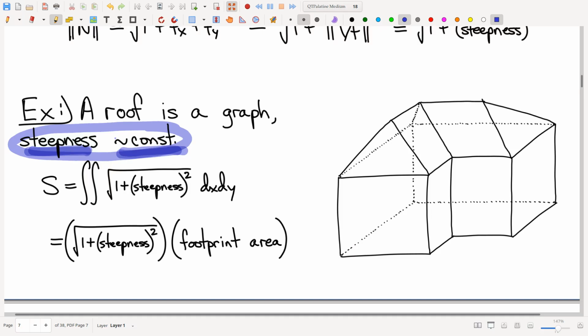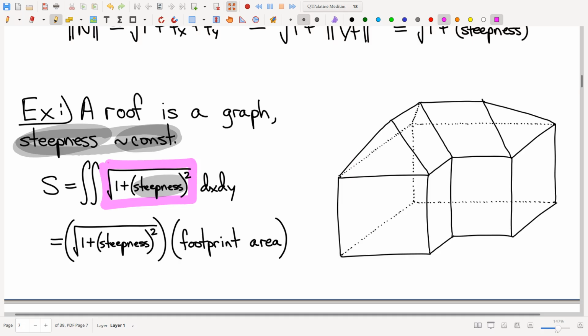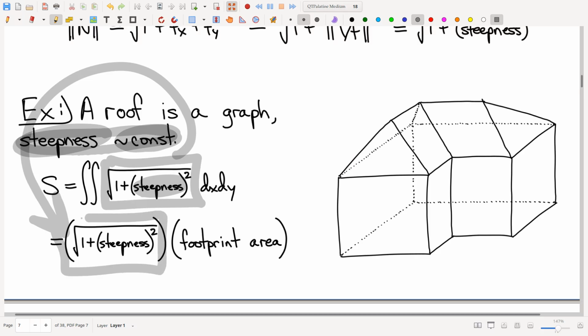Well, if that's the case, if your steepness is constant, and let me put this in gray, representative of the fact that steepness is constant. If steepness is constant, and if your stretching factor only depends on steepness, that means that your stretching factor is constant, and therefore factors right out of your integral. And the nice punchline then is that the area of the roof